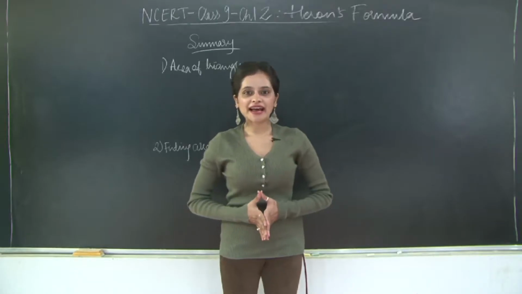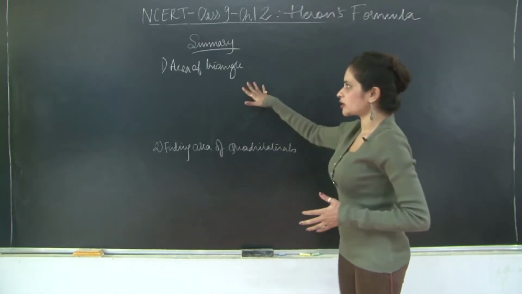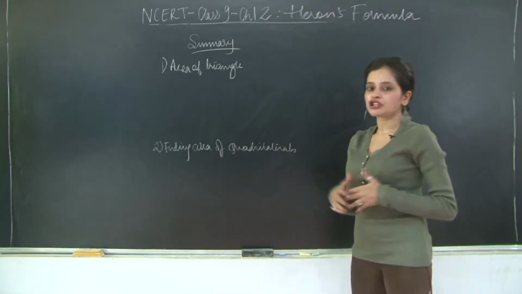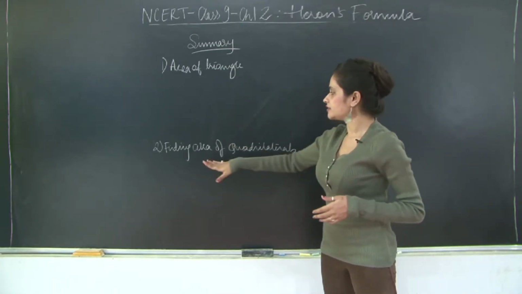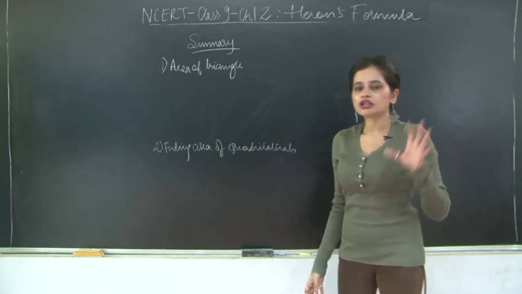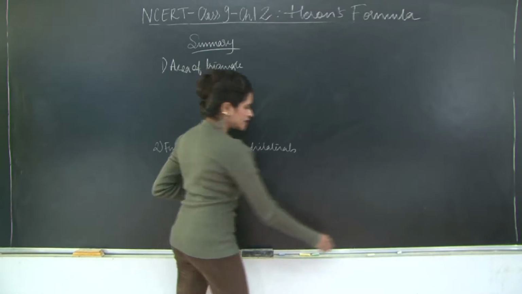Hello students, welcome back. Let us take a look at the summary of chapter 12, Heron's formula. Very short summary that you must have seen so far. So here we learnt about two major concepts. One was area of triangle and finding the area of quadrilaterals. So how was it different compared to the normal formulas that we used earlier for finding the area of triangle